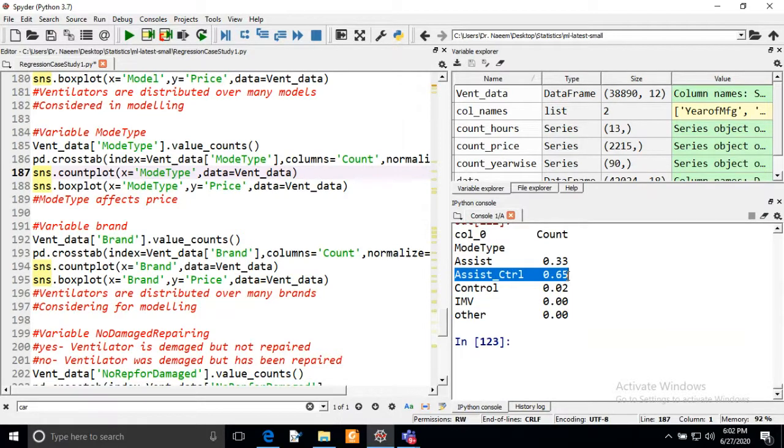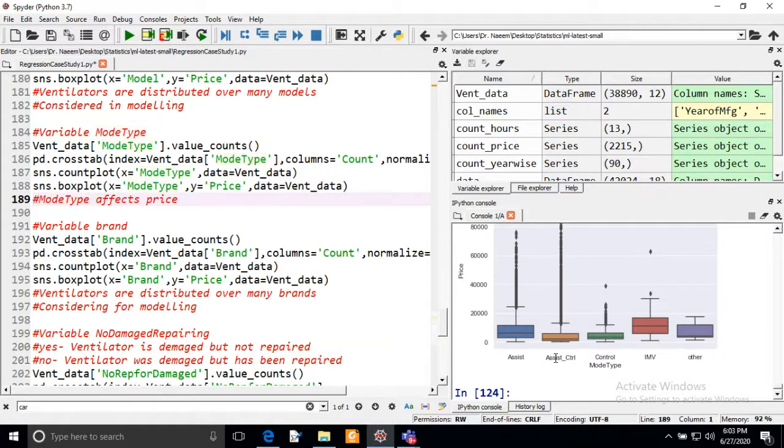It is a hybrid type, meaning it uses the assist mode and also the control mode. So now we can see whether it is affecting the price of the ventilator or not.